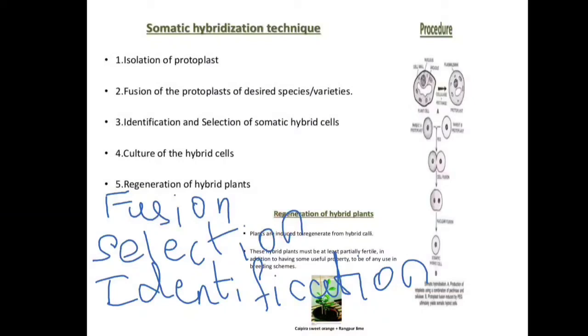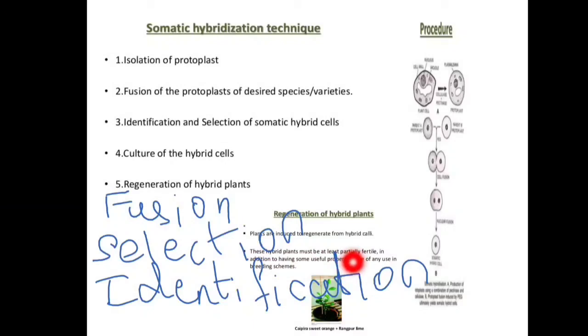Moving towards the next one, that is the identification of the hybrid cells or the hybrid plant. So it is the last concept of somatic hybridization. The development of the hybrid cells is followed by the generation of the hybrid plant, which requires a clear proof of genetic contribution from both parental protoplasts. Okay, so the hybridity must be established only from the euploid, and not from the aneuploid hybrids.